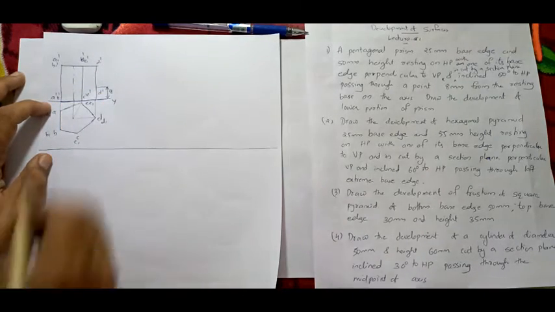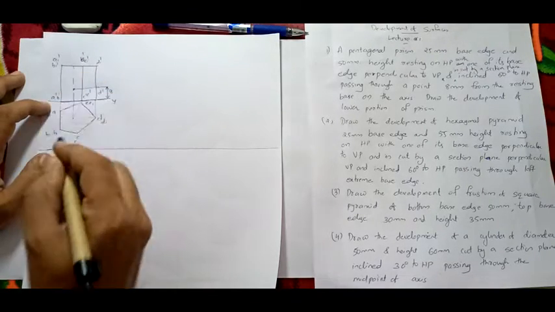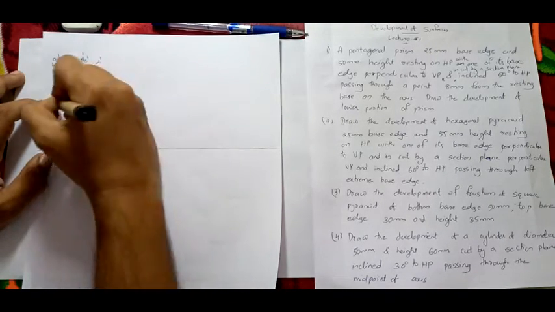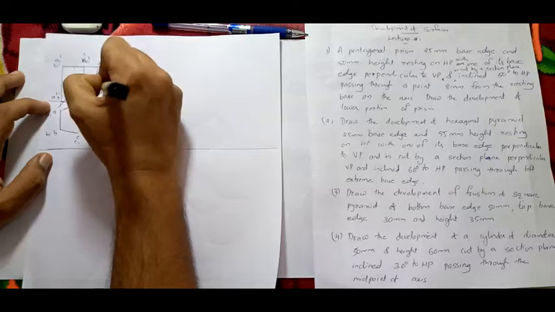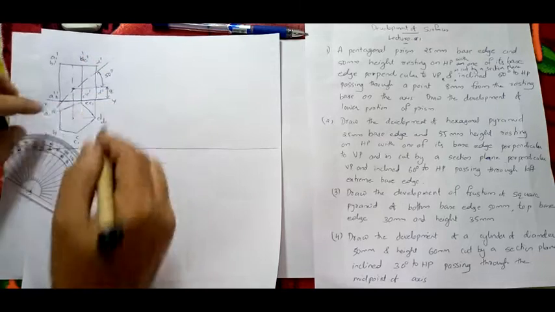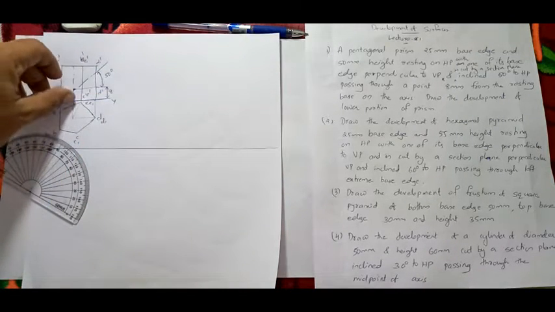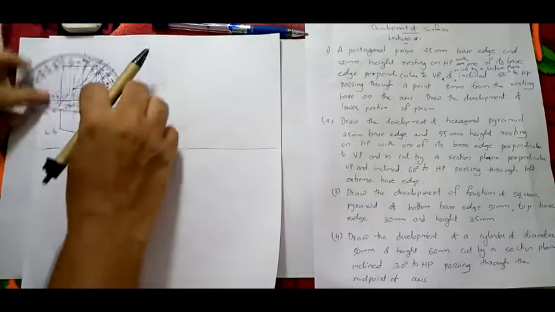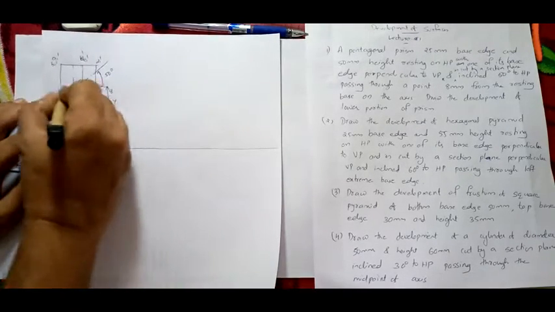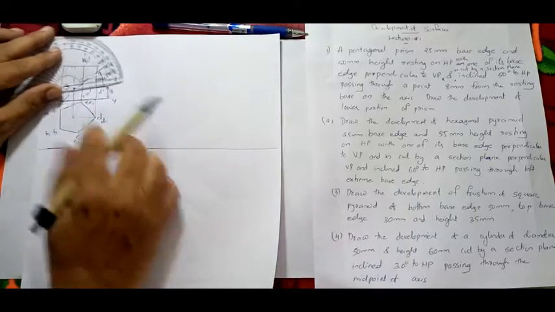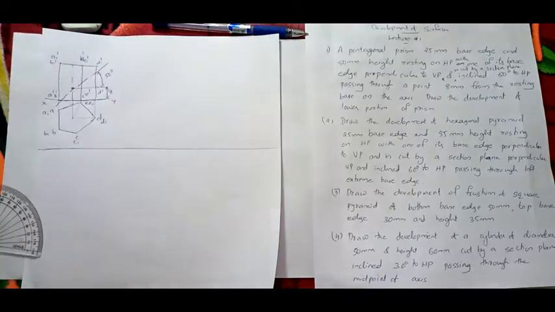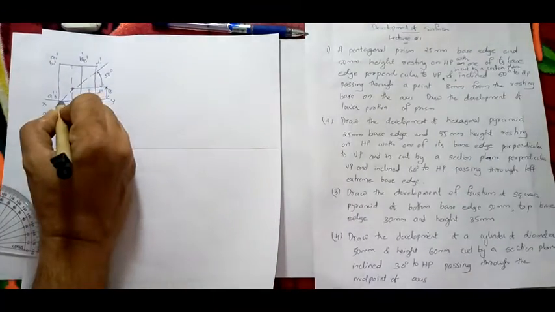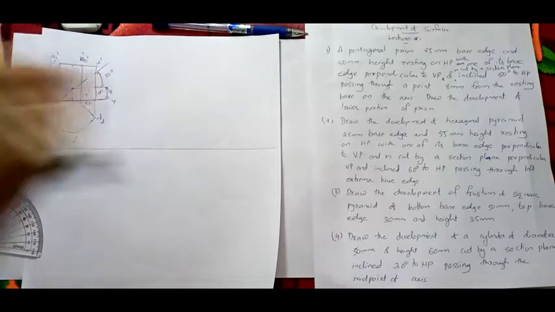That is 8 mm. And on the axis, take a line in such a way that it is inclined 50 degree. This you already know how to draw it. Mark 8 mm above the bottom base, draw a light line parallel to the XY line, then take the protractor and measure 50 degree and draw a line. And you will get like this, and it will be passing through this base and this face.